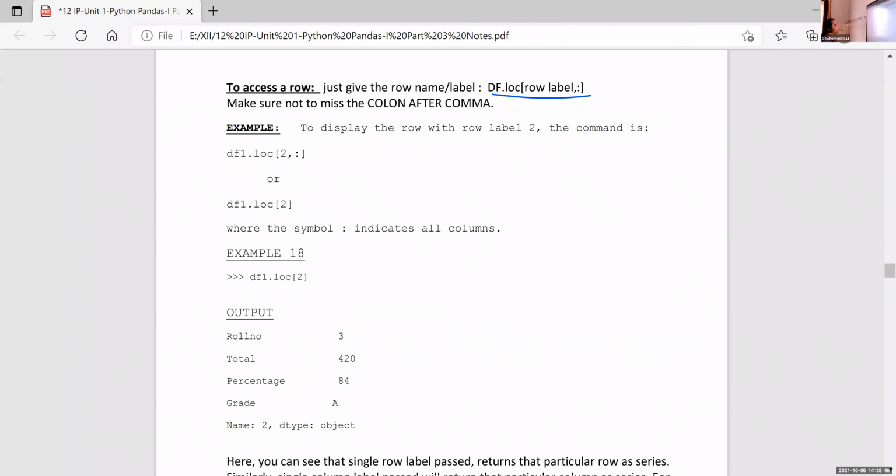To display the row with row label 2, the command is here, the label name is 2. So here the command is either you can give df1.loc of 2 comma colon, or we can give df1.loc of 2. Okay, two statements are there. So this colon indicates all columns.